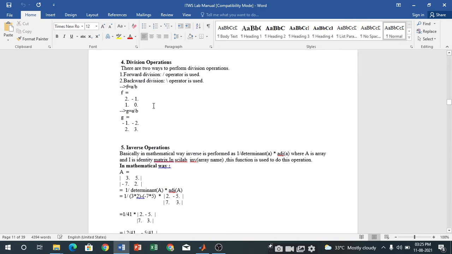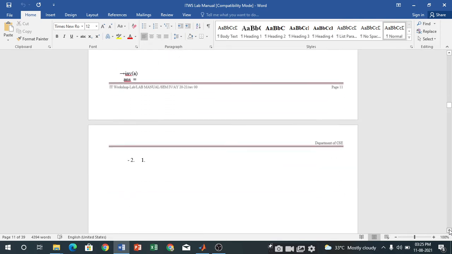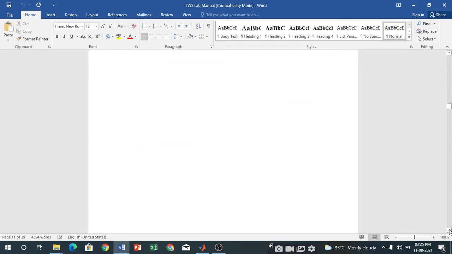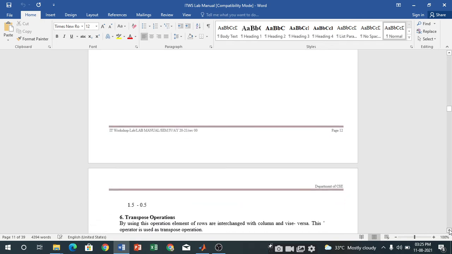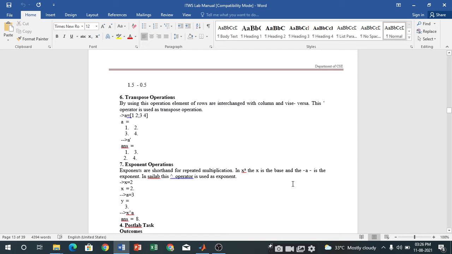Just see here: dot multiplication, and the inversion operation. You just write inv of a given matrix, inv of a given array, and this is the transpose of a given array. Transpose operation means that whatever rows and columns are available, the rows are shifted into columns and the columns are shifted into rows.